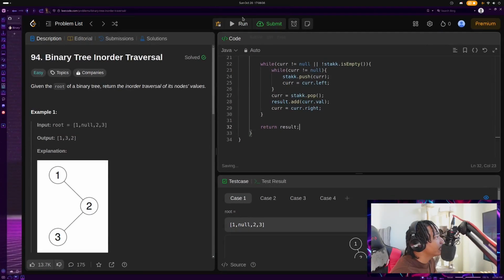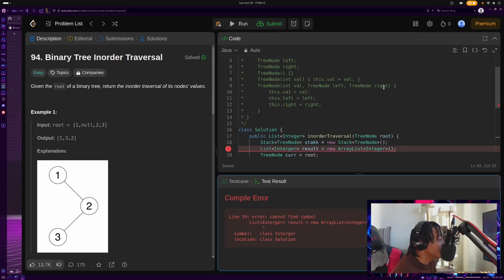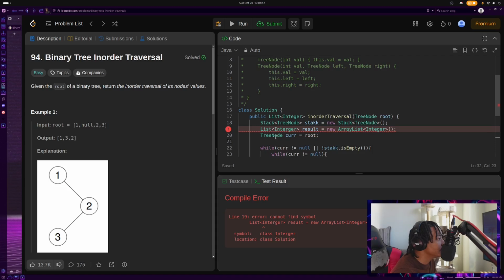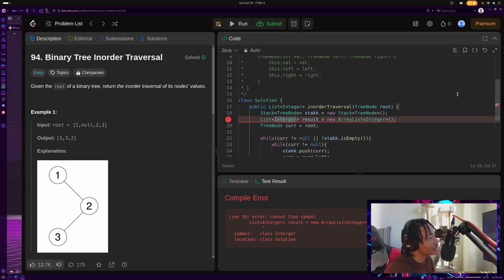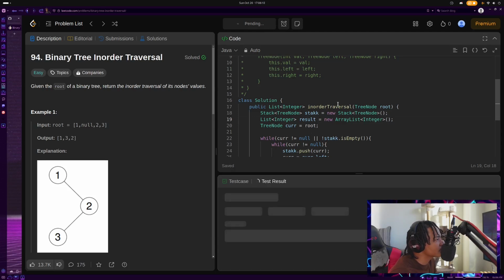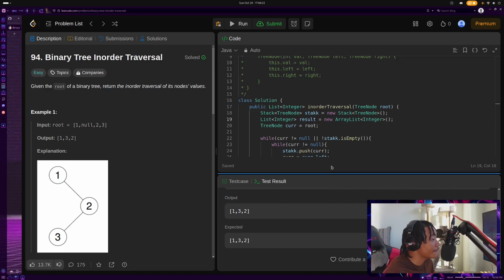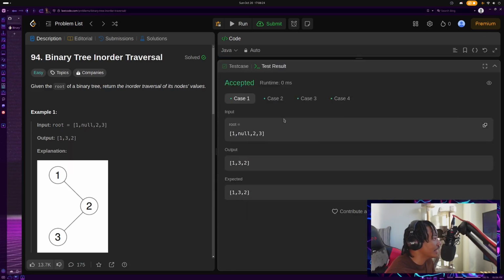And sorry, I will run it. Hopefully this passes. Oh no, it didn't pass because I spelled integer wrong. Okay, here we go. Hopefully I didn't spell anything else wrong. Nice, everything passed. So yeah, I don't know if I explained this the best,